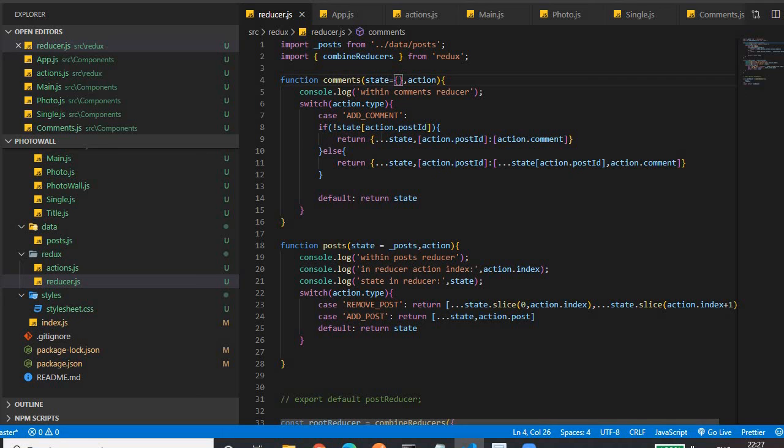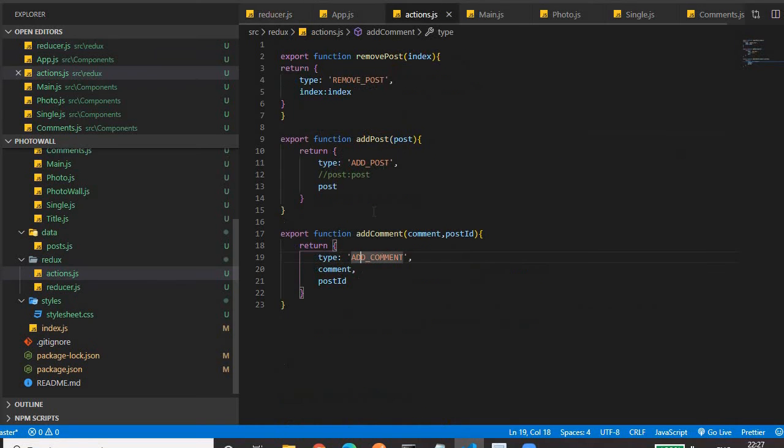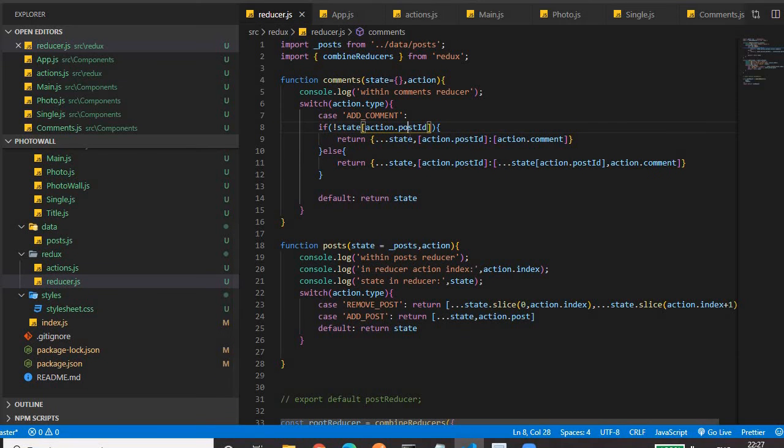To access the property of an object we provide action.postId, the ID of the post that we are passing through the payload of the action. It will return a comment array. If it is undefined, the not operator applies, then we have to add that comment for that image.